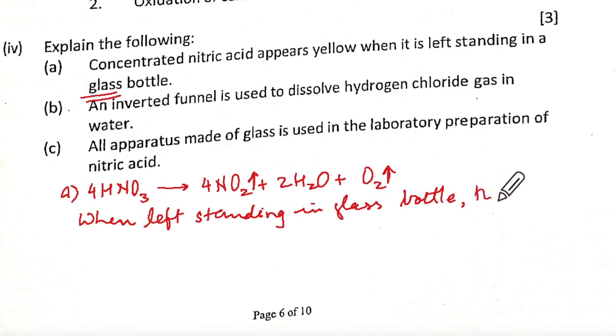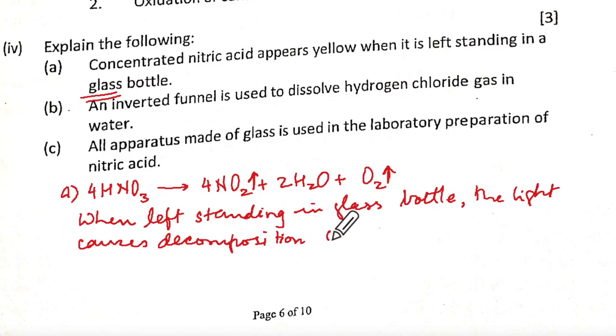The light causes decomposition of nitric acid. You forgot to say conc, because dilute nitric acid does not get decomposed. So conc HNO3 decomposes, forming reddish brown